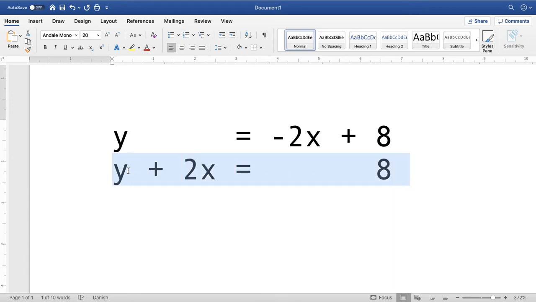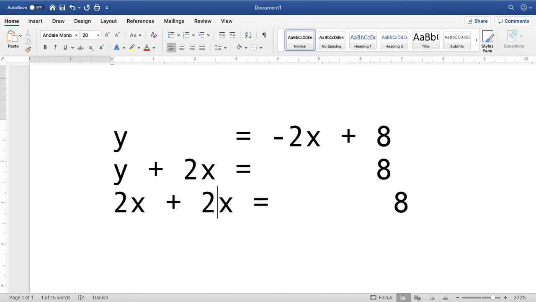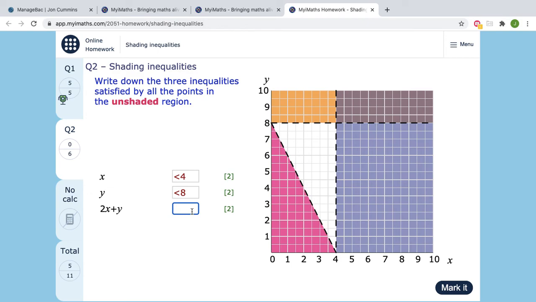Let's just do it in another line. So copy that and paste it, and all I'm doing now is swapping around the 2x and the y so that it looks exactly like the one on MyIMaths. So the equation of that straight line on MyIMaths was 2x plus y equals 8. Okay, so we figured out that 2x plus y equals 8 is the equation of that straight line,